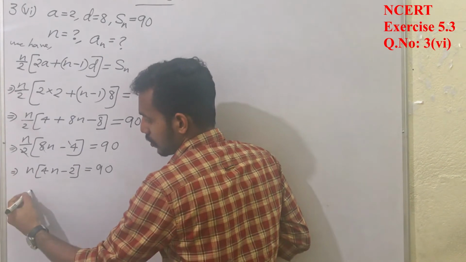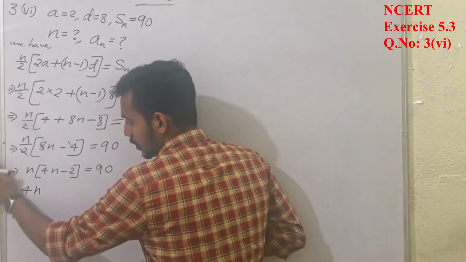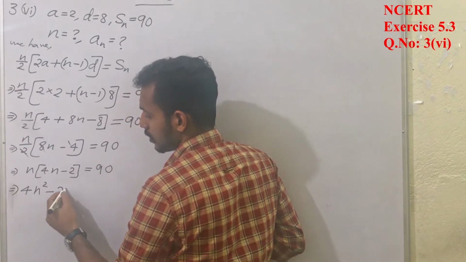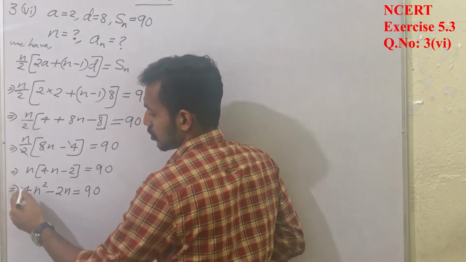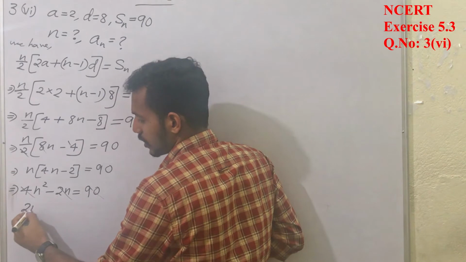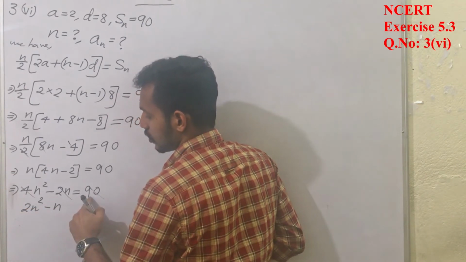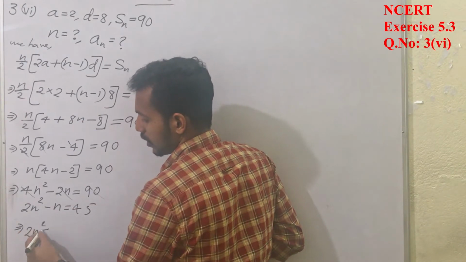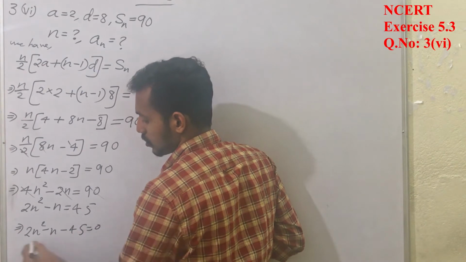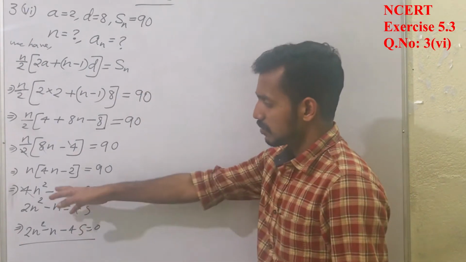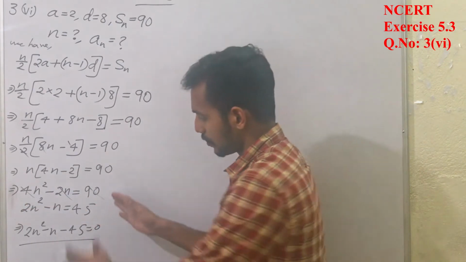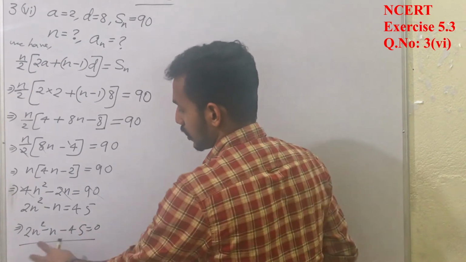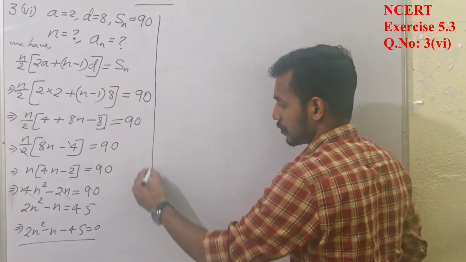That implies 4n square minus 2n is equal to 90. 2 is common, taking it out, cancel it. So 2n square minus n, and here it will be 45. Clear? That implies 2n square minus n minus 45 is equal to 0. We have got a quadratic equation. We can make the quadratic equation from here also, but here I just cancelled the common term so that we get the quadratic equation in the simplest form. Now we can solve the quadratic equation so that we will get the values of n.